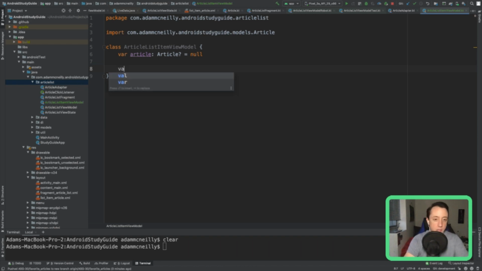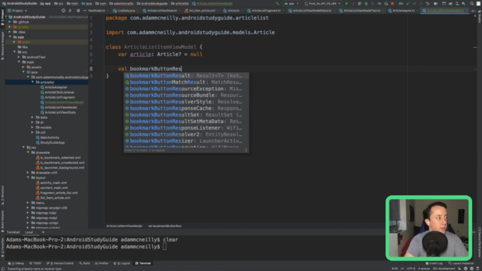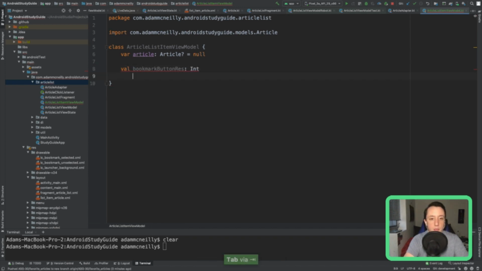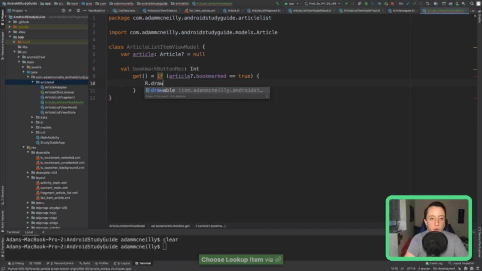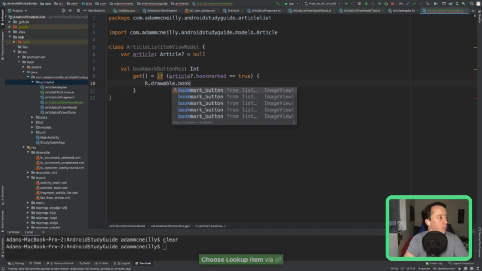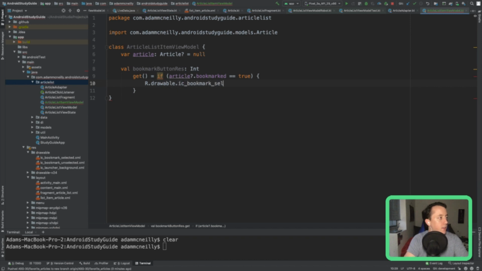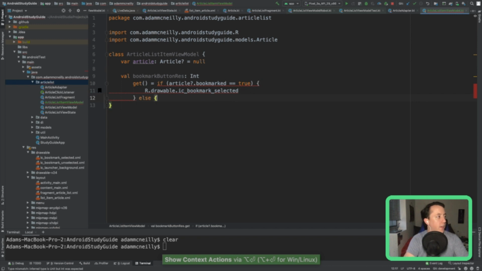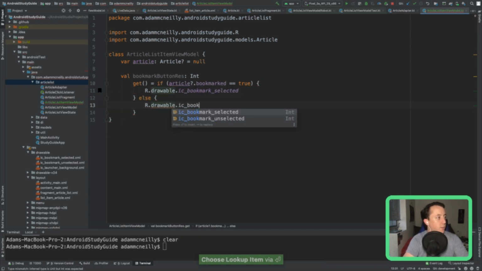So we would say bookmark button resource, which is an int. Then we could say get is equal to, if article.bookmarked is true, we would return R.drawable.bookmark selected. We need to import R, and then else R.drawable.ic bookmark unselected.